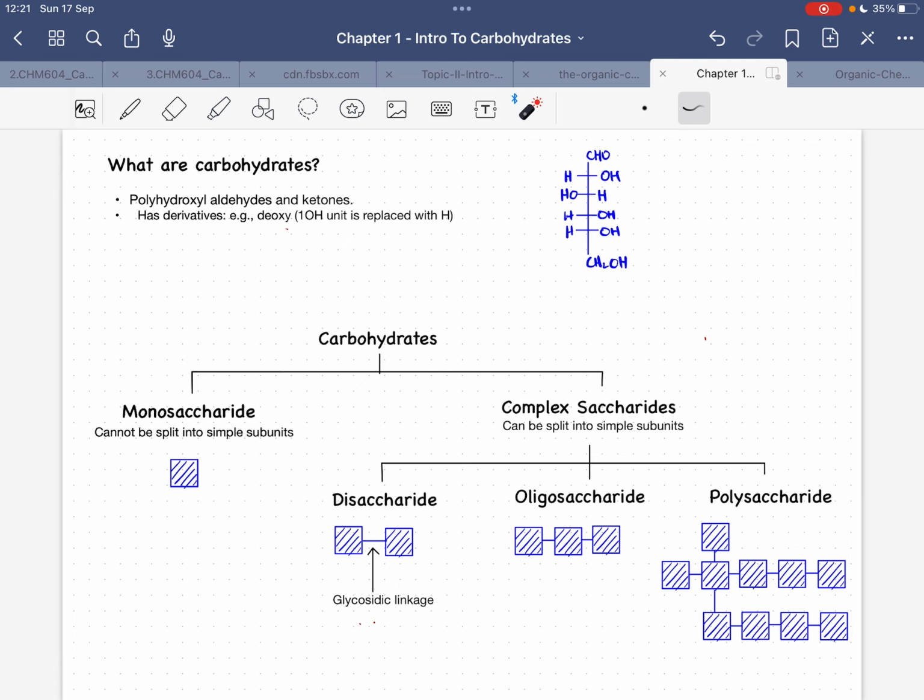So this is the chemistry now of carbohydrates. So what is a carbohydrate? A carbohydrate is simply a polyhydroxyl aldehyde or ketone. Like in basic organic chemistry, this is the functional group aldehyde, right? RCHO. Or we can write it as RC double bond OH. This is the aldehyde. And the ketone is this one.